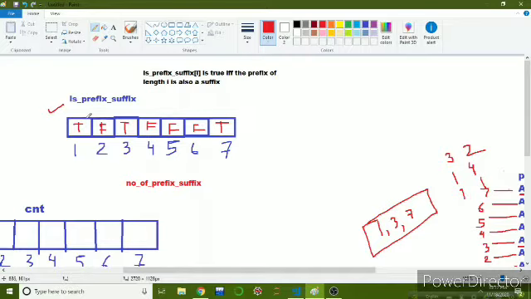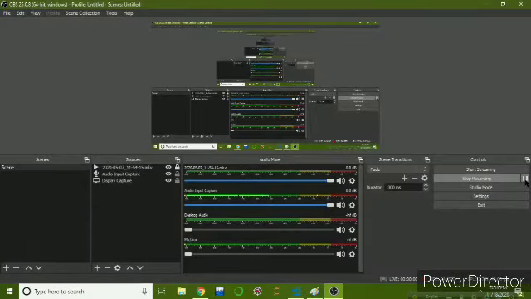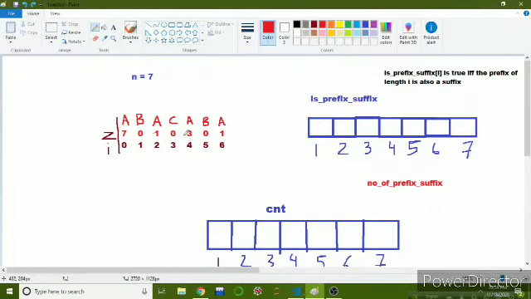So we can see that here we have 3 true values, that means we have 3 prefixes which are also suffixes. So we can set this value to 3 as there are 3 true values in this array. So how can we calculate this array using the Z array? In this Z array, let's see at index 4. At index 4 we have the value 3, that means we are talking about this substring. This substring is also present as a prefix, and we can again see that this substring is touching the last index, that means this is also a suffix.